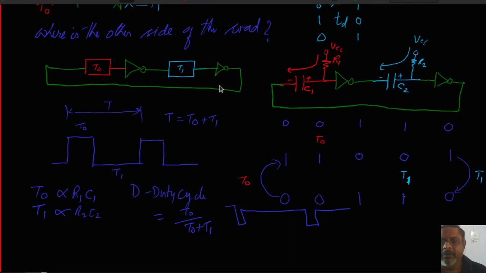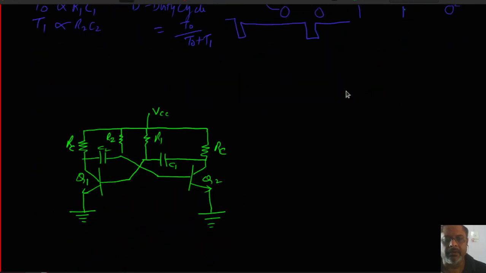Now it is time to see how an unstable multivibrator can be implemented. This NOT gate can be implemented using a common emitter configured transistor which works in cutoff and saturation only, as extending our discussions we had in bistable and monostable. I am just directly jumping to the final version of the circuit.